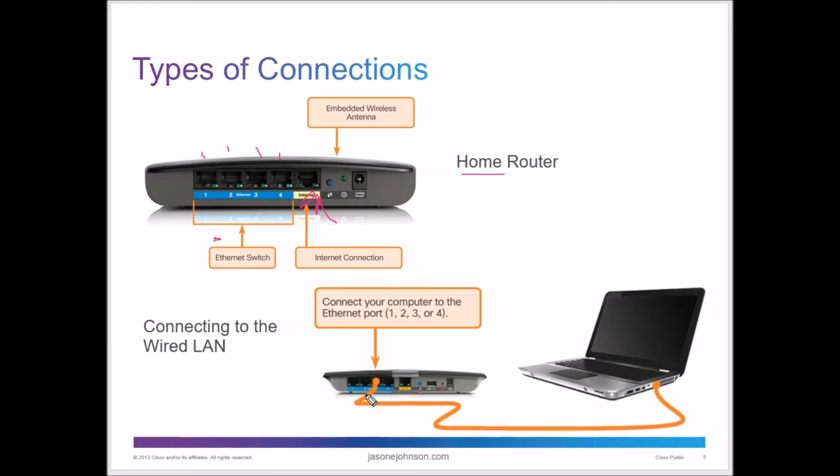When you connect in, you connect your computer into one of the ports here, and that's how you connect into the wired LAN, and then you can see all the other devices that are on these other 4 ports. And if you have it set up that way, you can see whatever's happening on the Wi-Fi. If you have Wi-Fi broadcasting out of this and you have it not segmented out, whoever's plugged in on the hardwire side will also be able to see the wireless side.